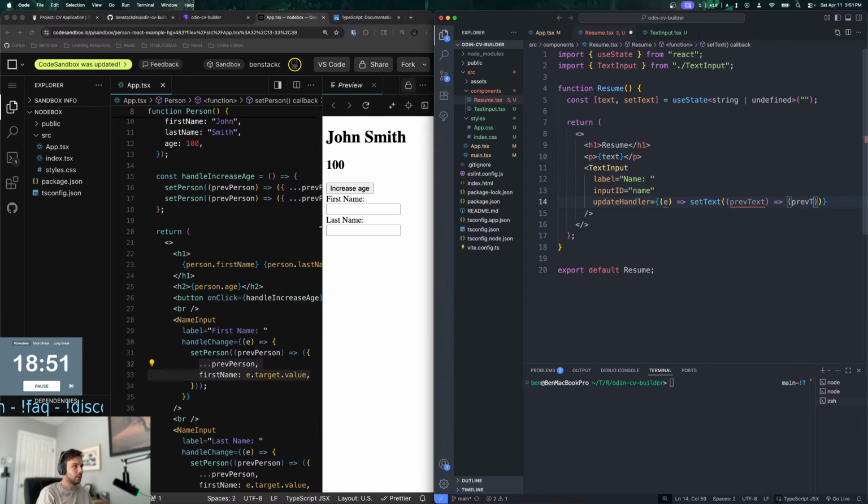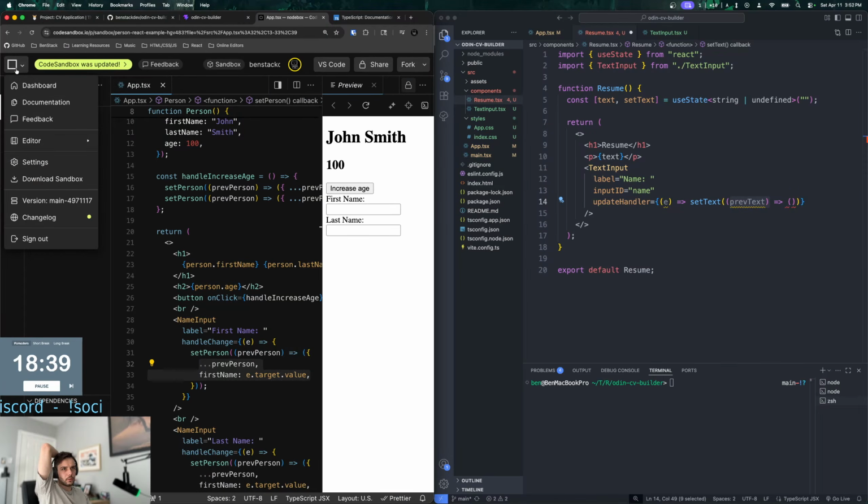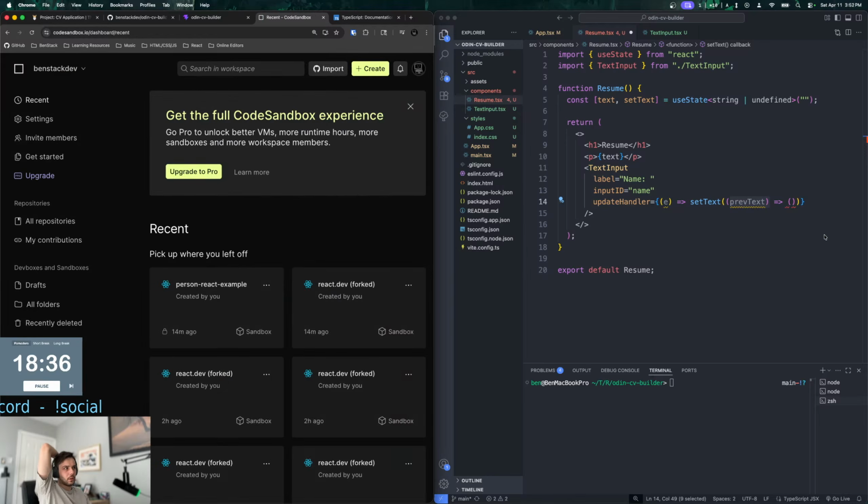Oh yeah, how do I? Because I know that you're supposed to do the callback, but I forget exactly the pattern for that. Oh, it's this? Okay. Inside set text. But it's not an object, though, or does it not matter?